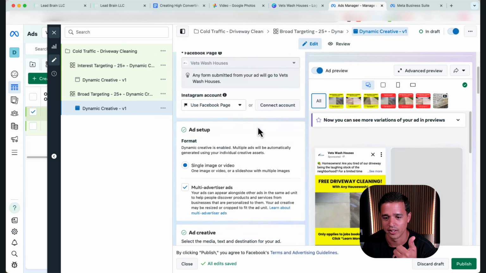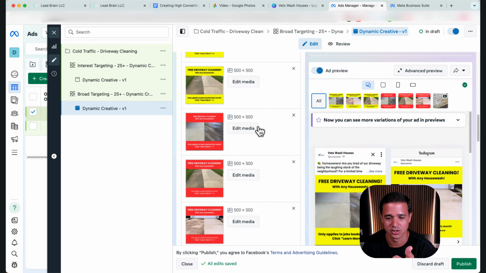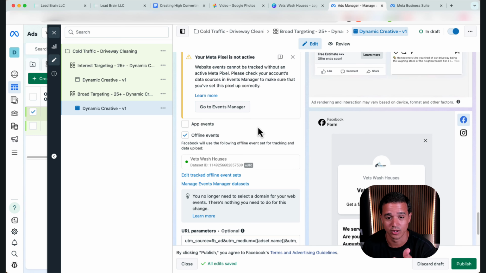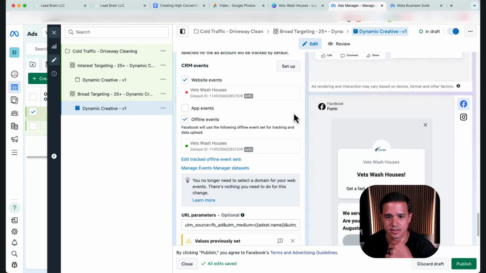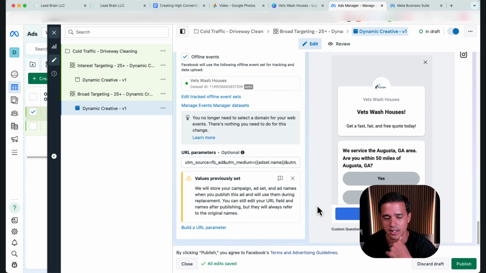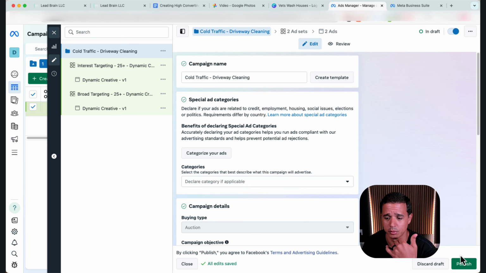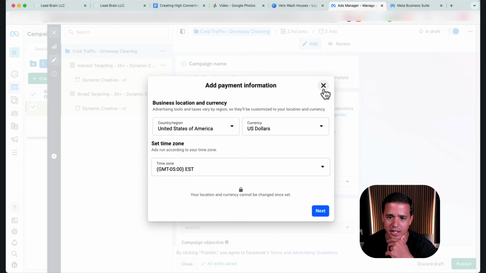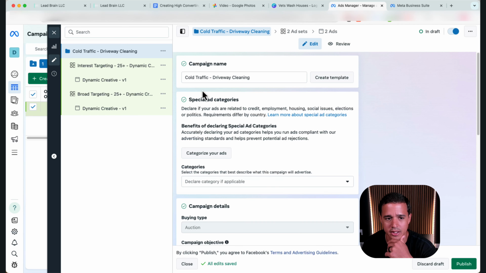Also, I see sometimes they just don't attach the pixel, and sometimes they choose a different Facebook form. So just come in here and make sure everything is selected like we want it, and at this point we would click publish. Now you can go to the campaign and click publish, and everything will be published. I'm not going to publish here because we did not add a funding source. Let me see if it even allows me to. Yeah, it's telling me to add a payment method. So I'm not going to publish it, but you get it here.